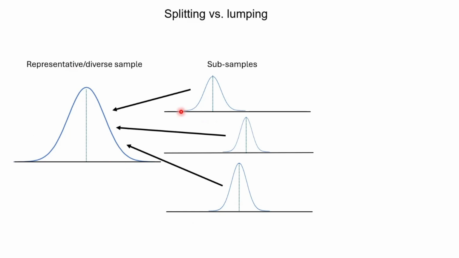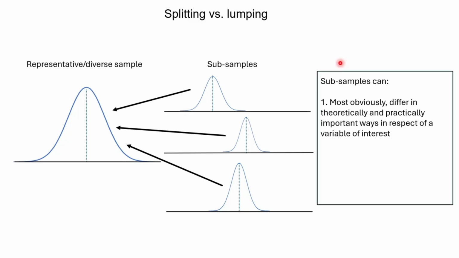And what I'm trying to argue is that having one of these subsamples populated by a very small number of people is pretty much a waste of time. It tells us nothing about those people, and all it does is add potentially error variance and also give us an unrepresentative picture of what's going on. So that is the basic issue, and I want to give just two very simple examples of that.